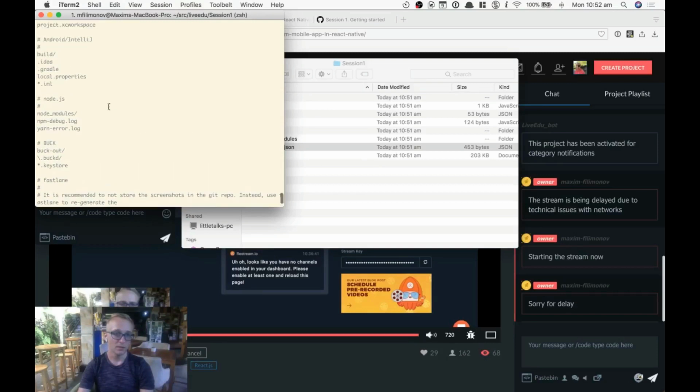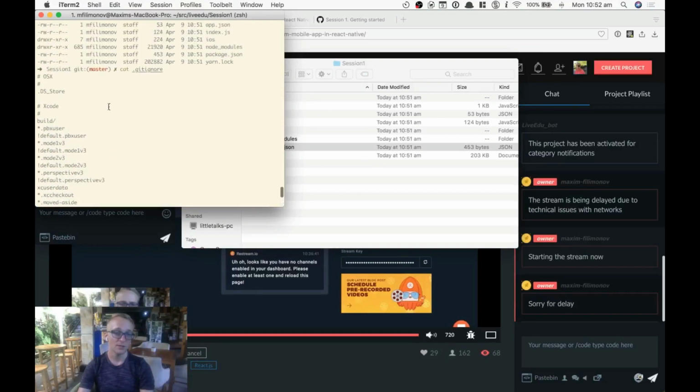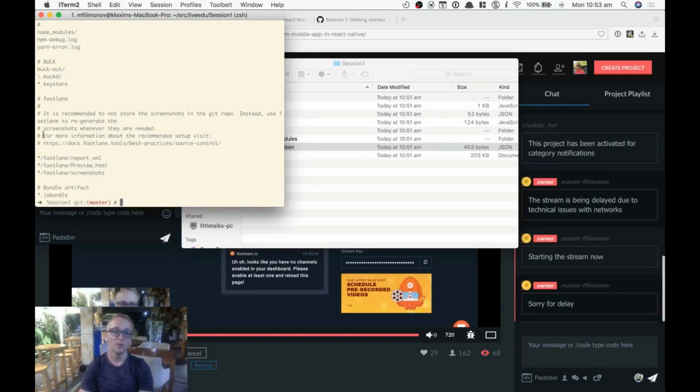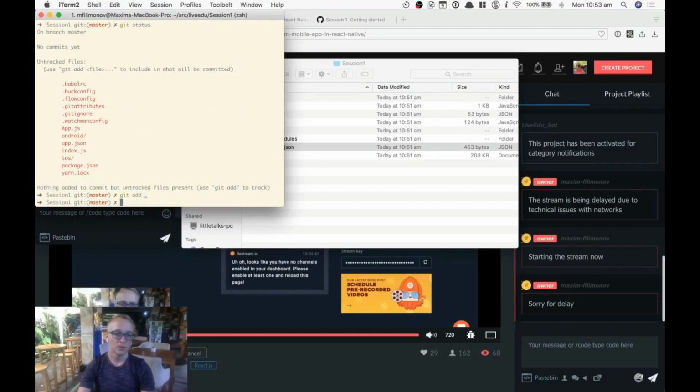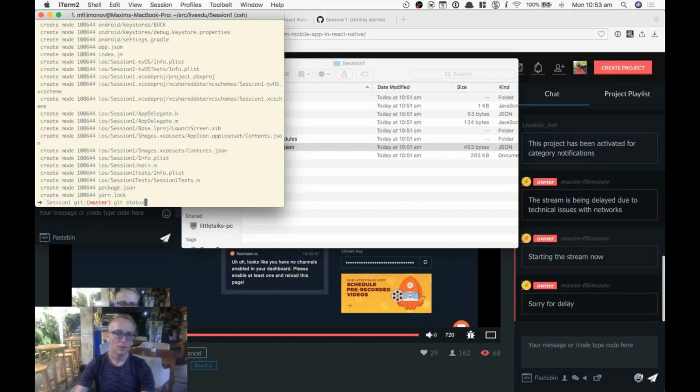They do a bunch of stuff, which is really nice. They have pre-cooked stuff here when you're doing builds on iOS and Android. You don't want to commit all that crap. So what we can do is just make an initial commit, so we have some kind of milestone saved. Okay, so